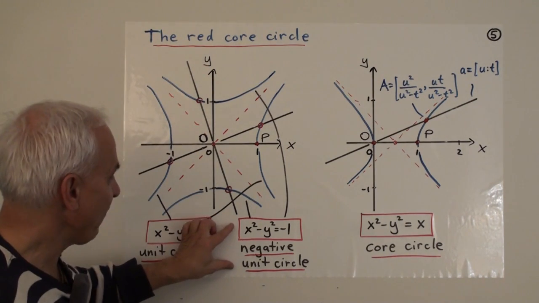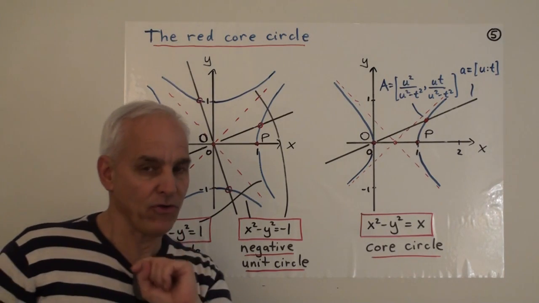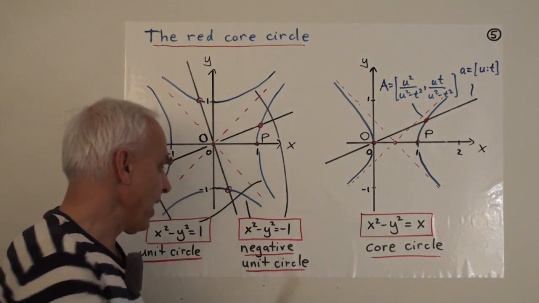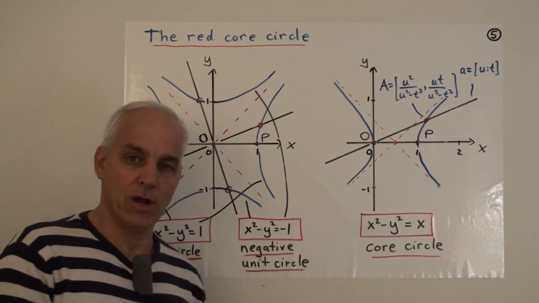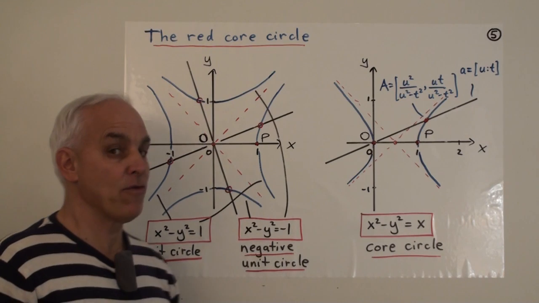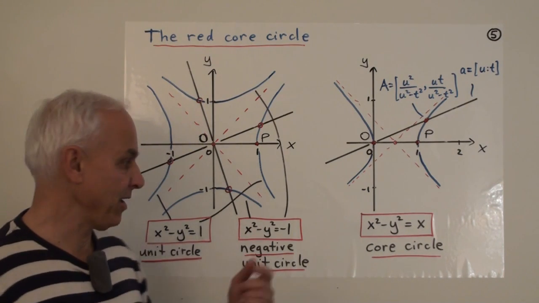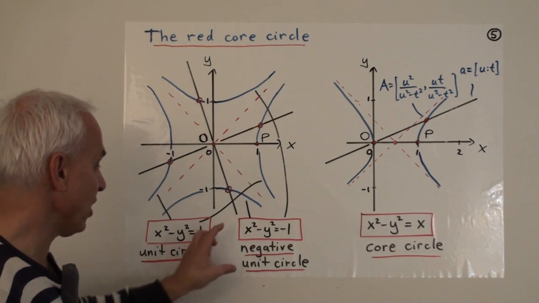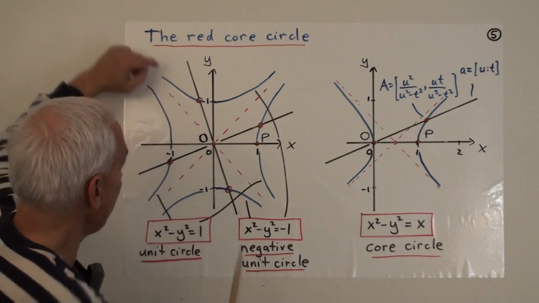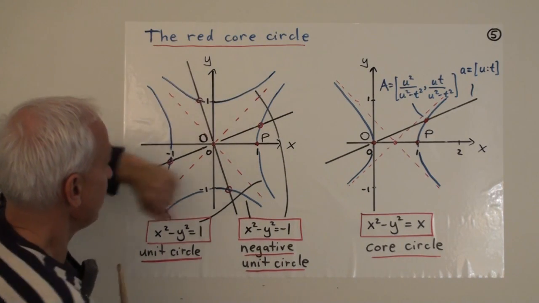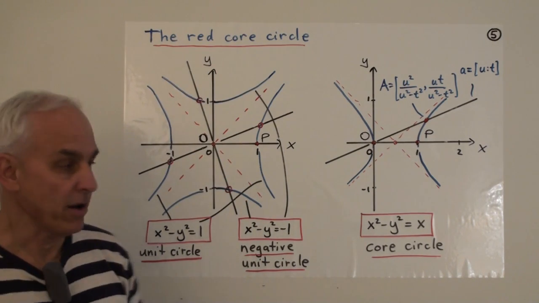But in addition, we have something here now that we don't have in the Euclidean situation, which we might call the negative unit circle: x squared minus y squared equals -1. In the Euclidean geometry, this circle is not so visible as the regular unit circle. It's still important as it turns out, but it's not so visible. Here it's very visible, and it's this hyperbola. It's opening in these opposite directions, just a rotation of this one by a quarter turn.